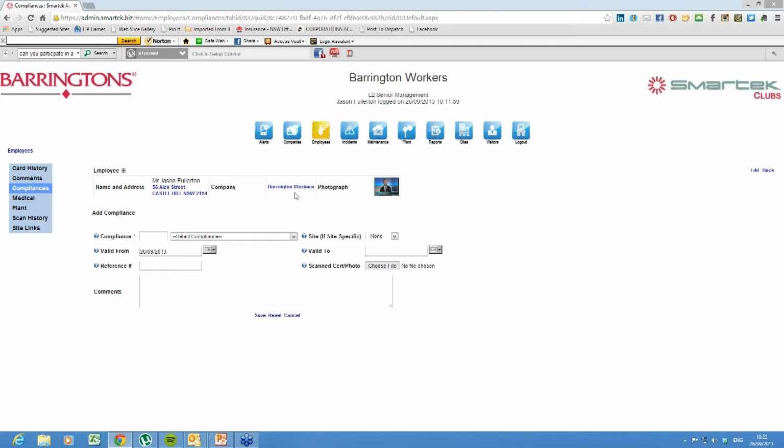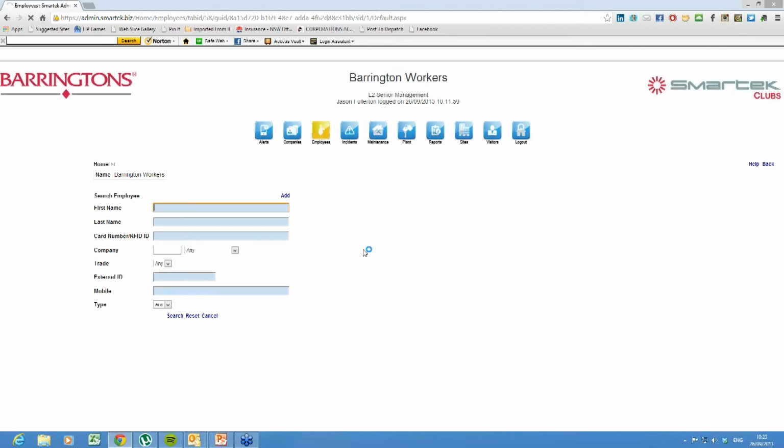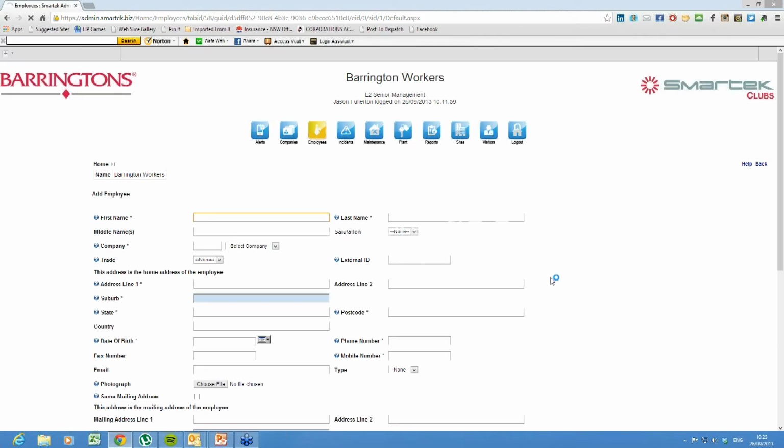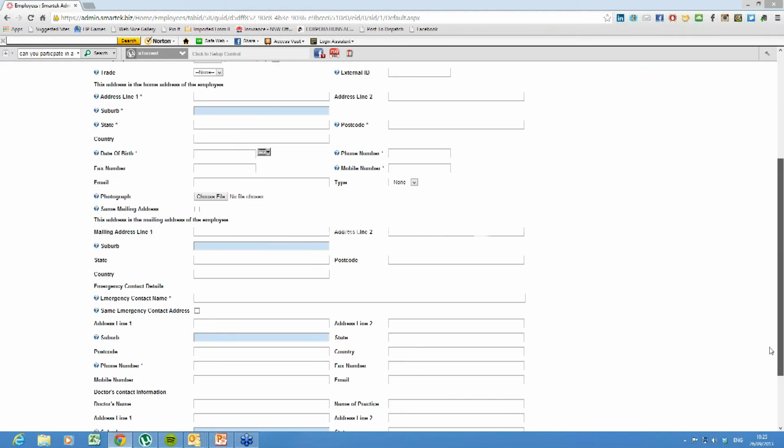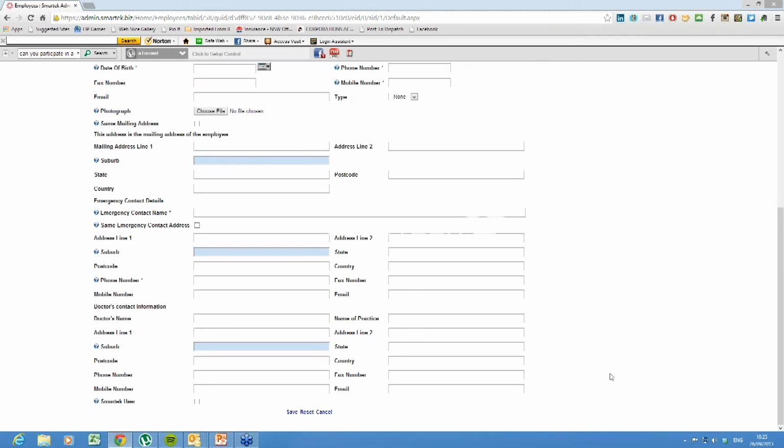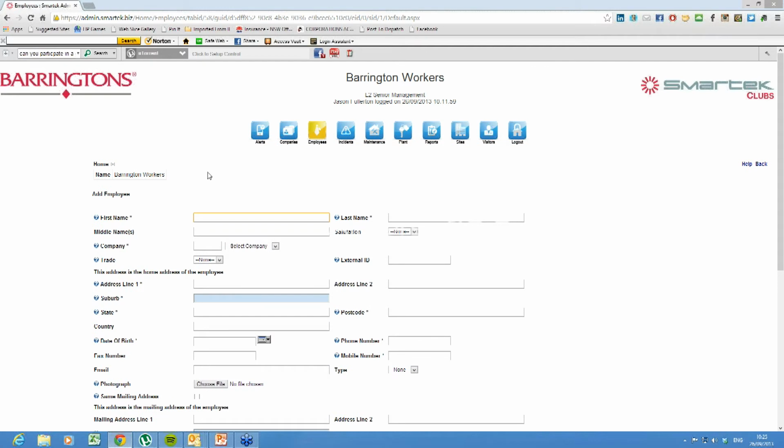When we go in, we can add employees, of course. I'll just show you the criteria quickly on what we can capture as far as employees goes. The obvious detail up the top. The company would obviously be your own company. Suburb, date of birth, photographs of your employees. And if I go down, I've also got emergency contact details, doctor's information, etc. I also have the capacity for certain employees,